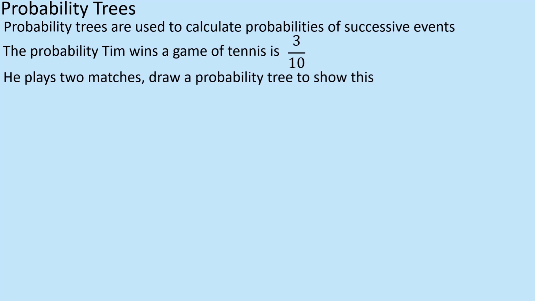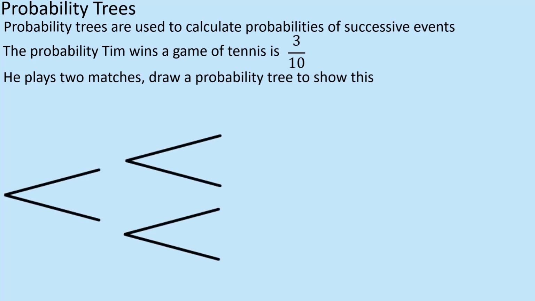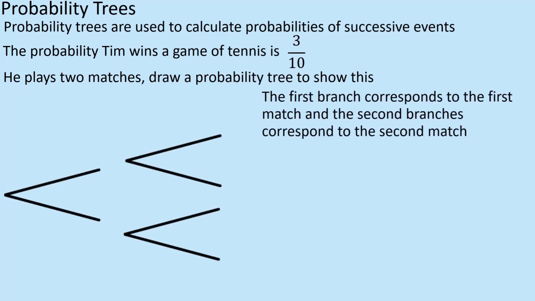All right, so it doesn't say that one impacts the other. It doesn't say that if he loses this one, this happens. It just says the probability he wins a game of tennis is 3 out of 10. So we have to assume that the fact he's playing 2 in a row doesn't change that probability. So drawing a probability tree, we put the branches on in terms of winning and losing,